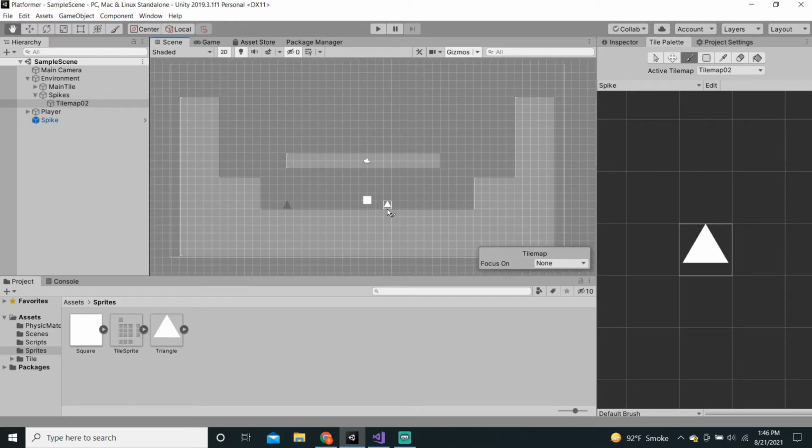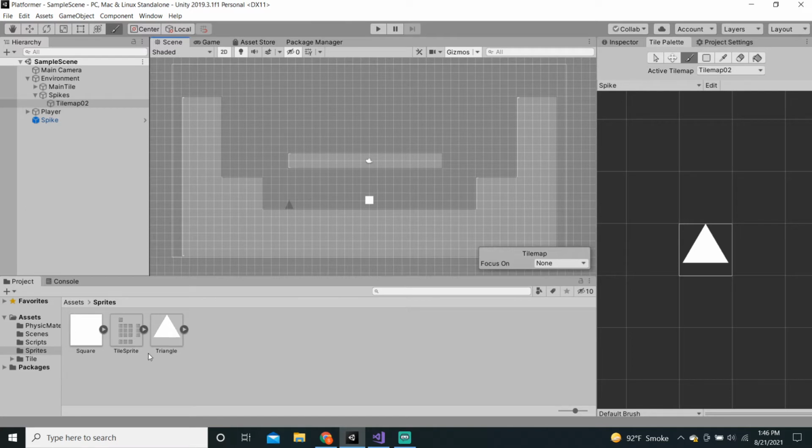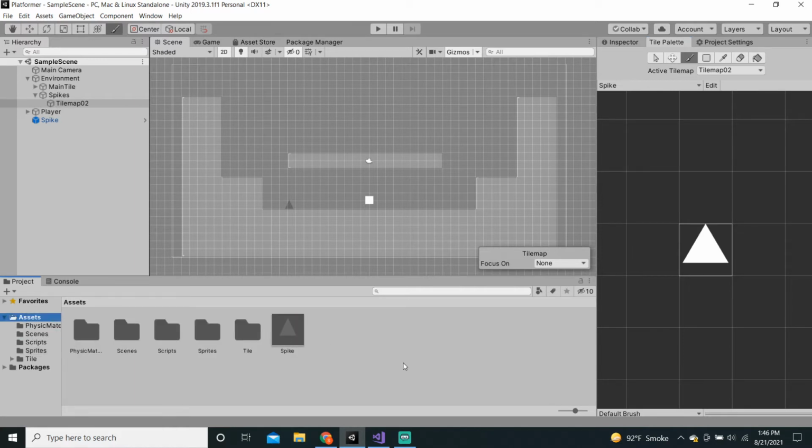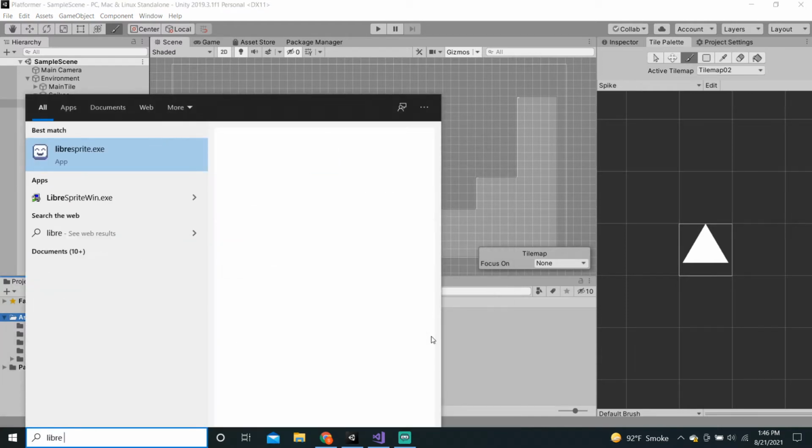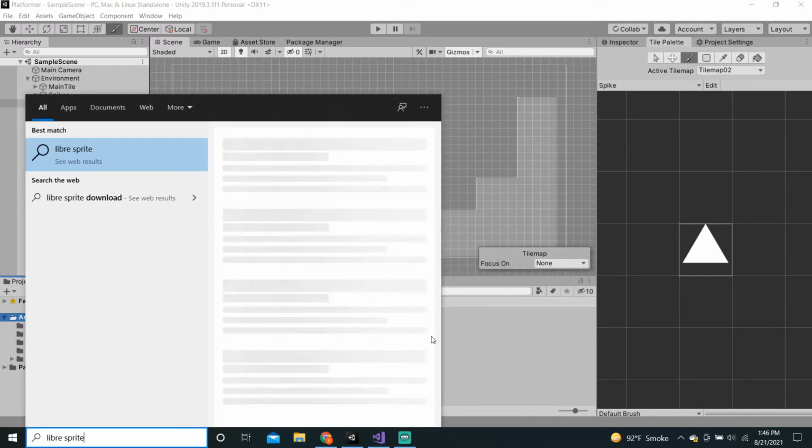So we can't really do that inside of Unity, because if we try to drag the spike in, we can't do it. It's impossible. So what I will do is, in the description, I will leave a link to a program called Libersprite,